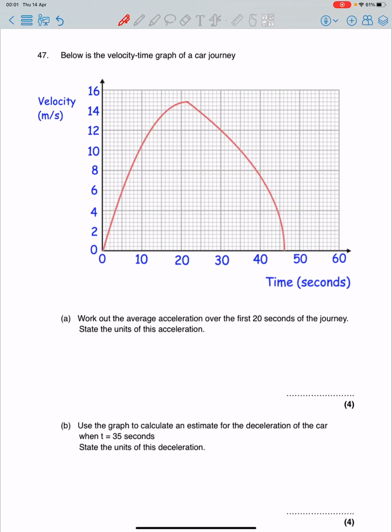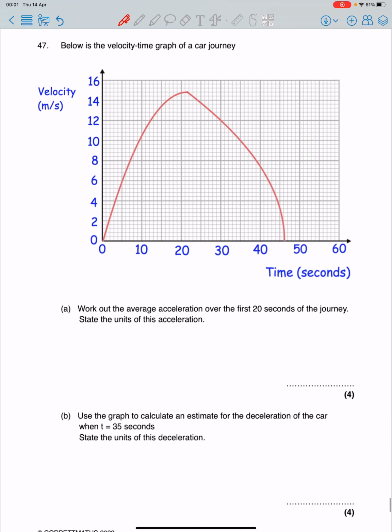Welcome back to the final part of this video, where we've actually only got one more question to do in this walkthrough paper. It's been a great journey. And speaking of which, this last question is indeed about a journey. Let's get on to it. So below is the velocity time graph of a car journey. Work out the average acceleration over the first 20 seconds of the journey, and we want to state the units